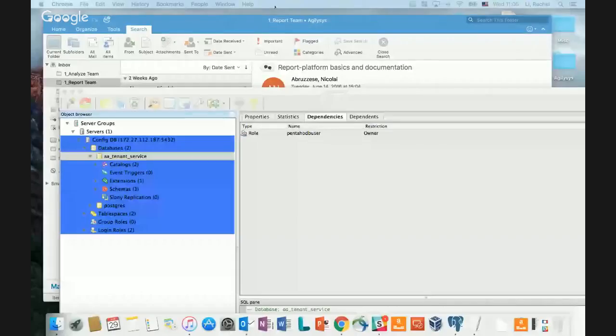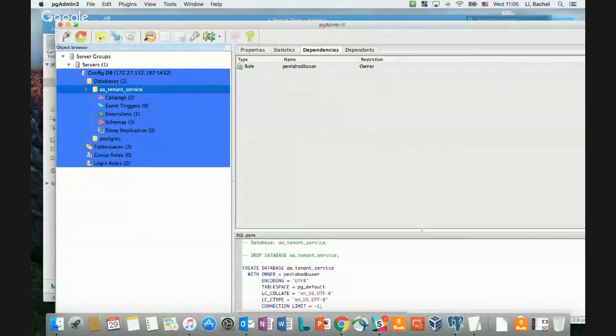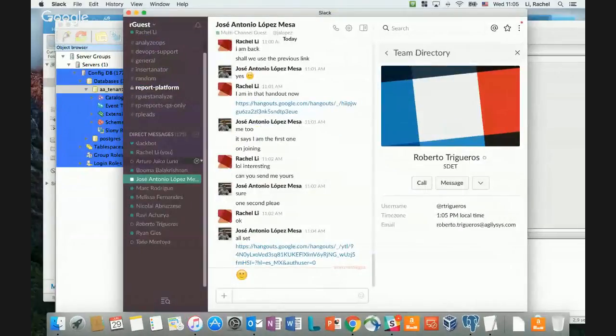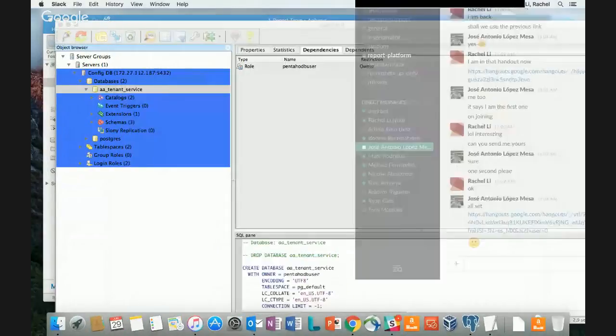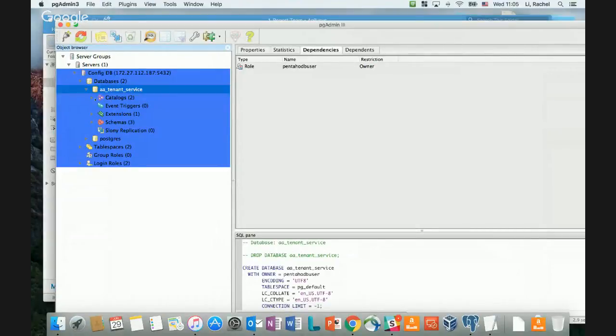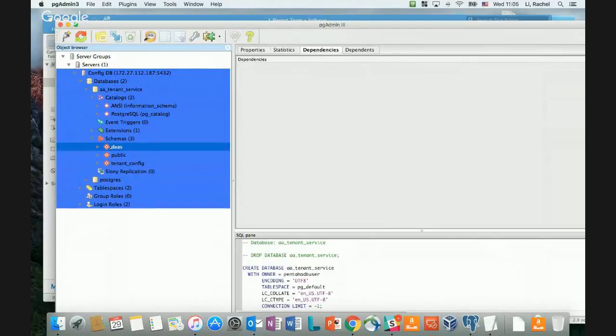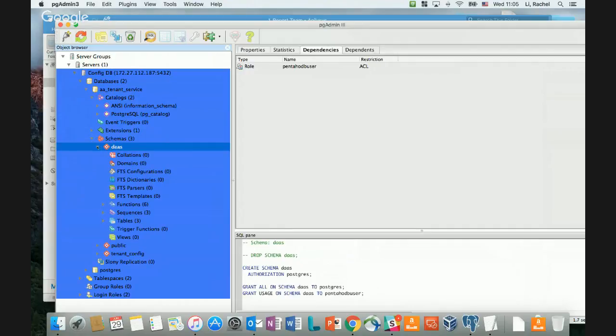Yeah, that one. You see there a tenant service, catalogs, event triggers, extension, and there you see schemas. Expand the schemas, and expand the tables,